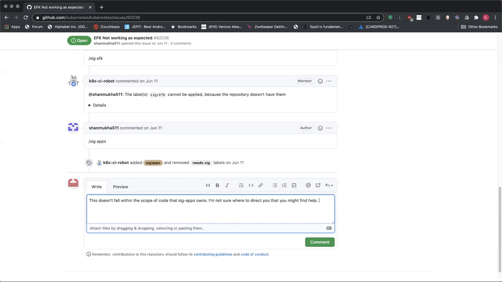Is it our Elastic product? Elastic File Stash Kibana? It's Elastic Fluent Kibana, at least that's what I think they mean by it, which if it's not running right, that's a support question. Yeah, it definitely is. But I can't tell them to go to Kubernetes community Slack because that's probably not the right place. But there really isn't a right place, is there? I would contact Elastic.